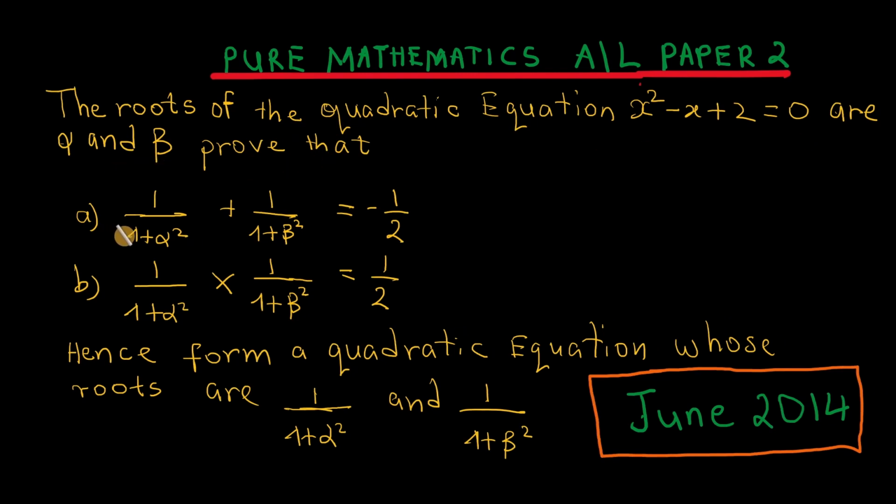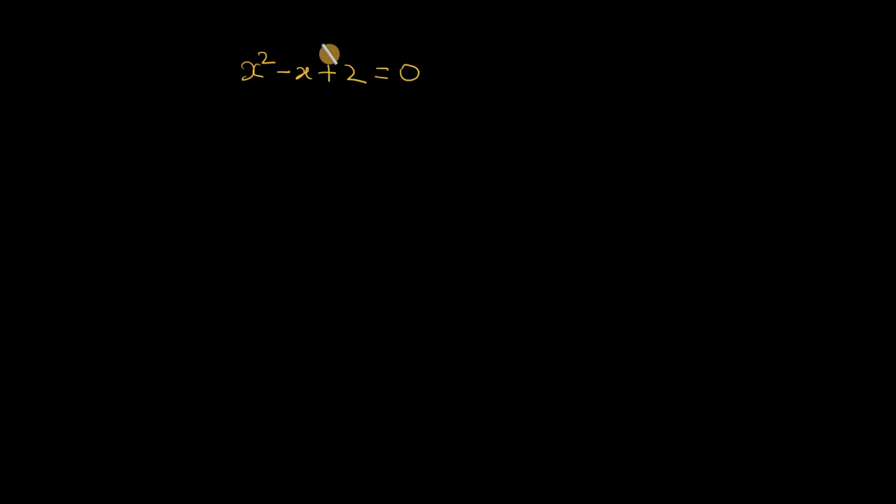Prove that (a) 1 over 1 plus alpha squared plus 1 over 1 plus beta squared is equal to negative half. (b) 1 over 1 plus alpha squared times 1 over 1 plus beta squared equals half. Hence, form a quadratic equation whose roots are 1 over 1 plus alpha squared and 1 over 1 plus beta squared. June 2014. If we compare this equation to the general quadratic equation ax squared plus bx plus c equals 0,